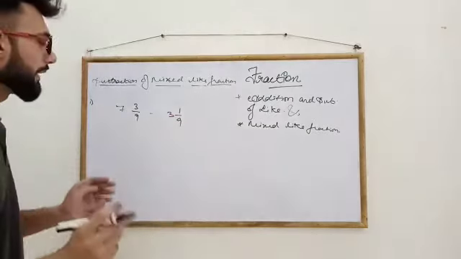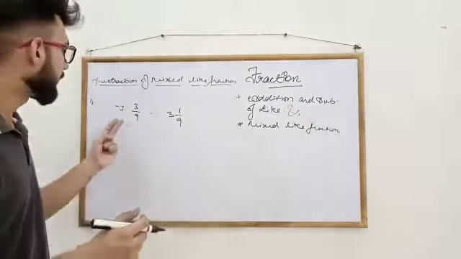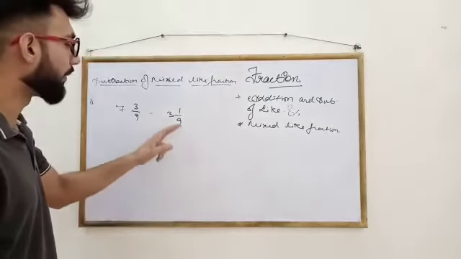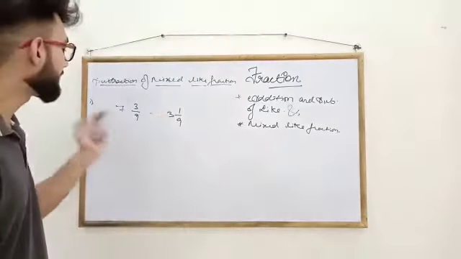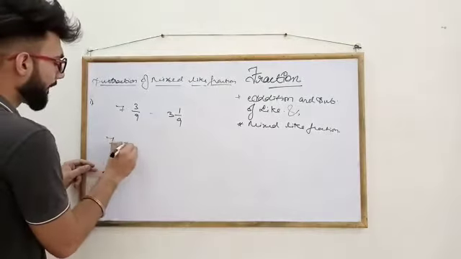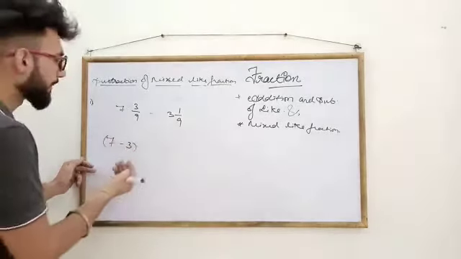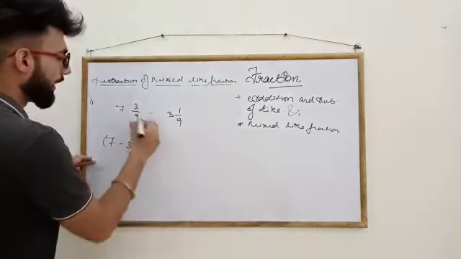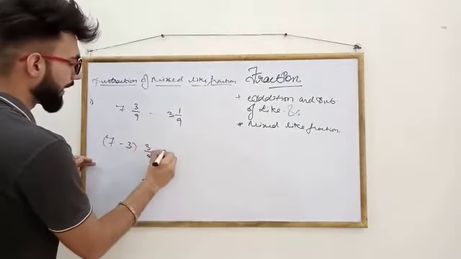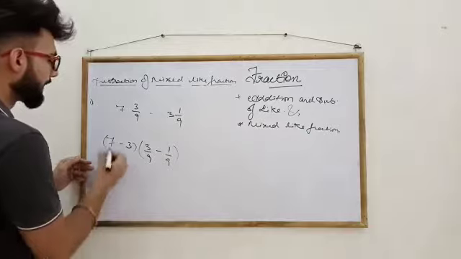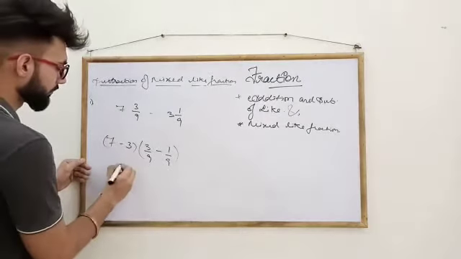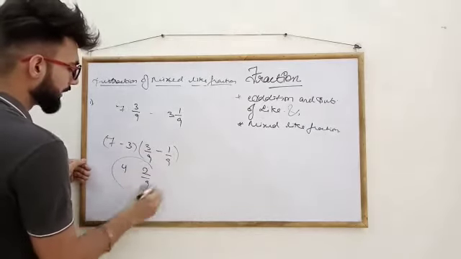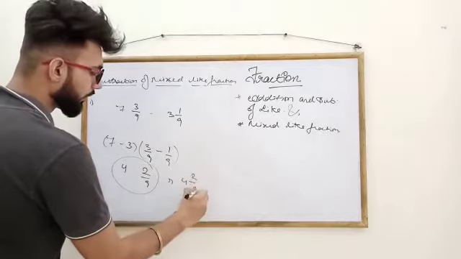First you need to take care of one thing: you need to check which whole number is greater, 7 or 3. Obviously 7 is the greater number, so we will subtract the smaller one, 3 whole 1 by 9, from 7 whole 3 by 9. So 7 minus 3, we'll write separately. Subtraction will be done separately for the whole numbers and for the fractions in a separate column, 3 upon 9 minus 1 upon 9. So 7 minus 3 would be 4, and 3 minus 1 would be 2 by 9. So the answer that you got is 4 whole 2 by 9.